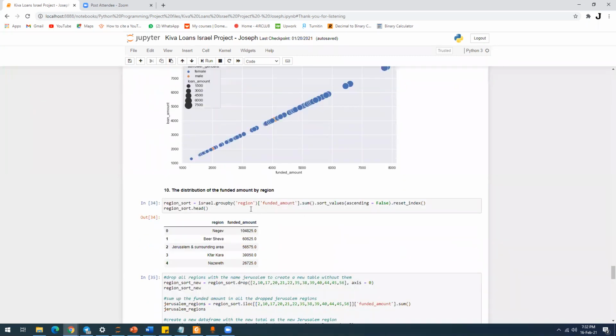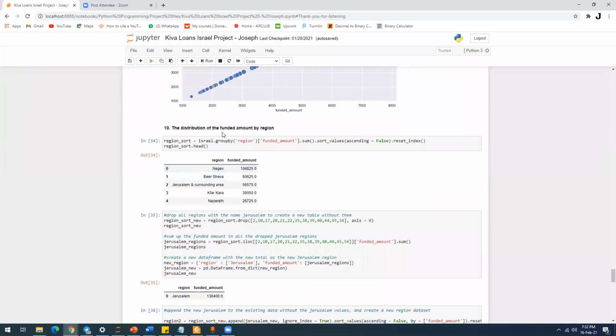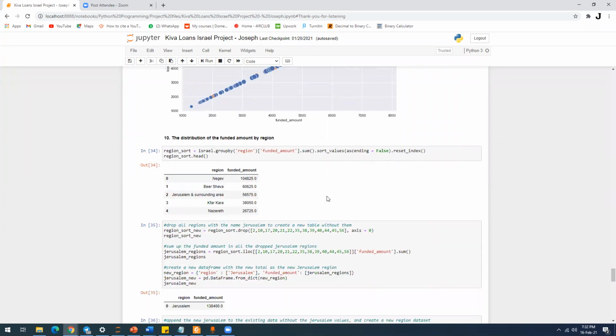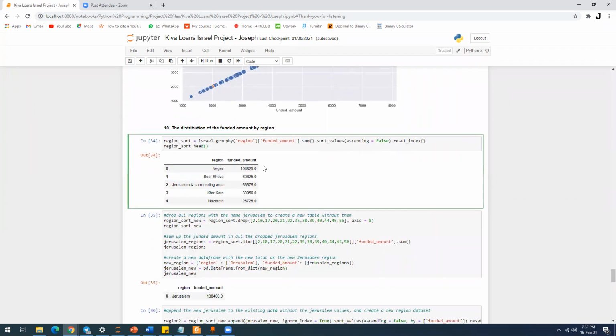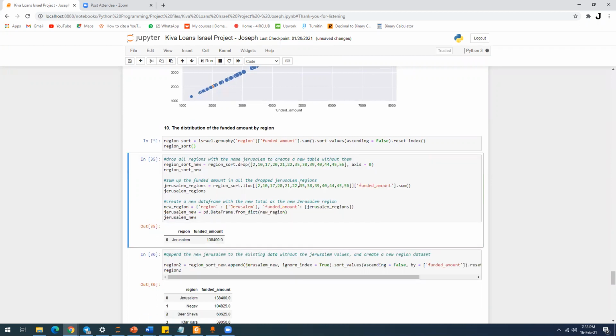And now number 10, the distribution of the funded amount by region. So here I tried to do something different because I realized from the data, let me see if I can regenerate it so that you can see this has been sorted to dot head. Let me just run it like that so that I'm able to explain to you easily. I don't think I'm supposed to. Let me just restart the whole thing. But now, as I wait for this to run,